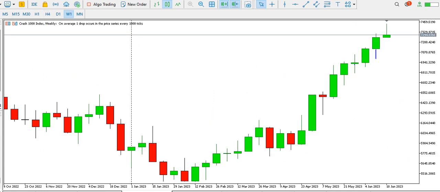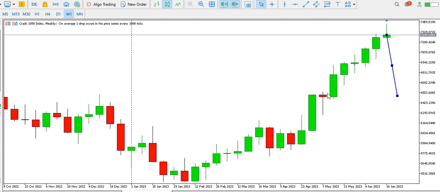Looking at the Crash 1000 index on the weekly time frame, the week is still quite fresh. We have like a shadow being formed on the weekly time frame, and if the drop continues, we might see price dropping